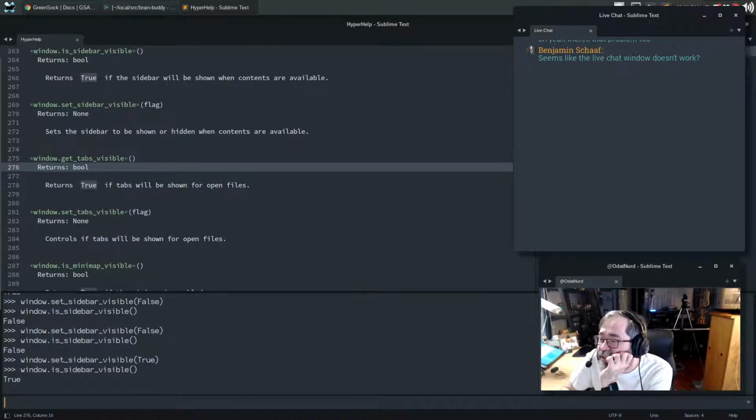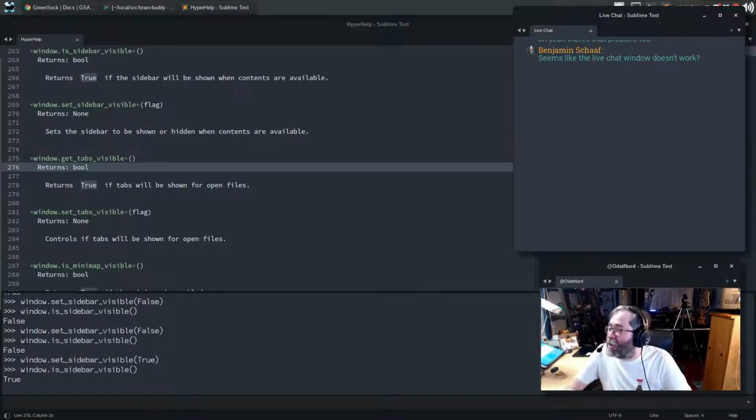Oh, is it stuck? Oh, man. Come on, chat window. Thanks for pointing that out. Oh, look, it does kind of work. Now, huh, say something else. I have a feeling that its position may be wrong.